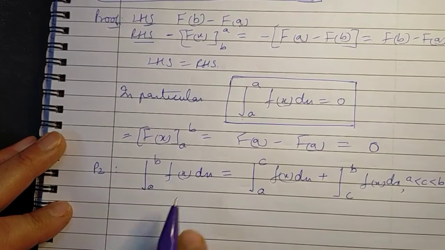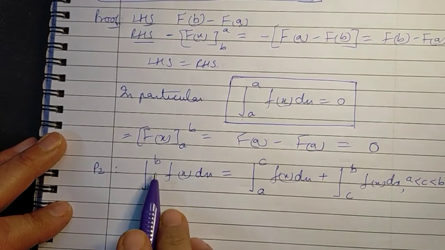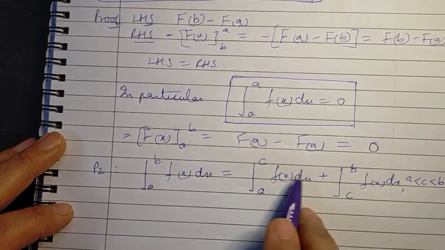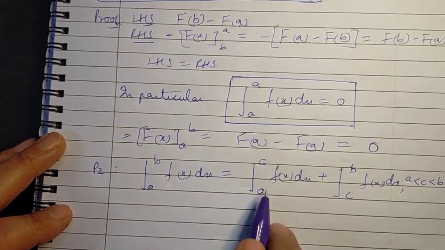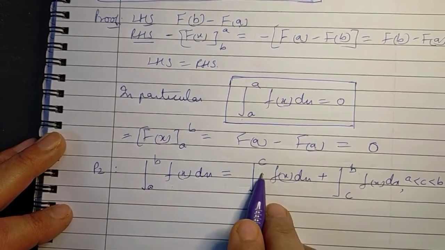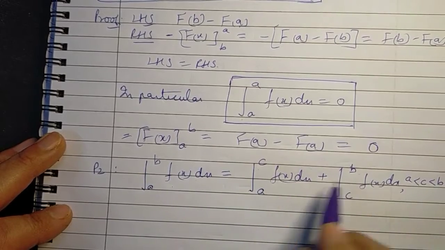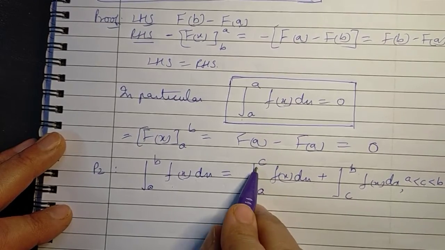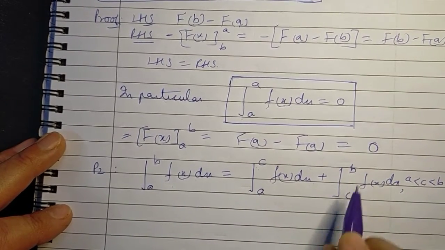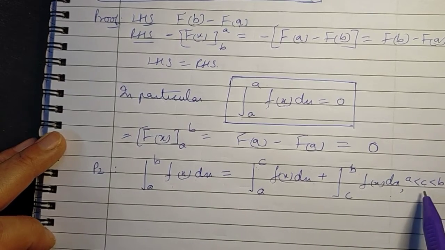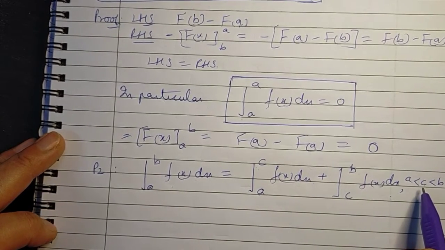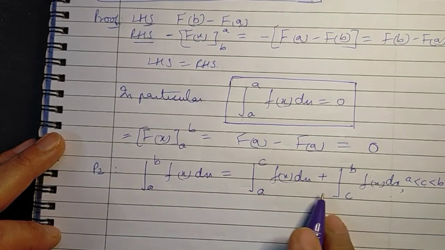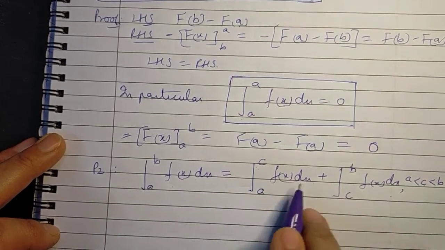So what does this mean? In case we are given any integral, we can easily split it into two or more integrals where the function remains the same, but only the limits get split at various points. Suppose you have c, any point between a and b, you can write it as from a to c some function plus from c to b the same function. In the same way, if we have more than one value c1, c2, c3 from a to b, then also we can split the integral into many smaller integrals over the smaller intervals.